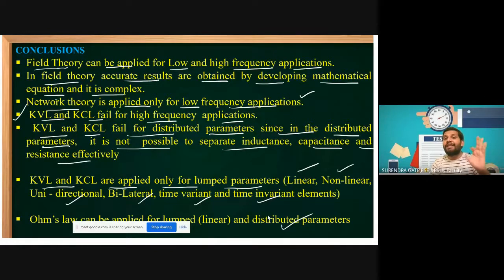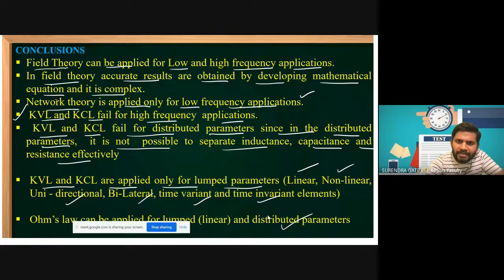Very important for theory questions. Even from the GATE point of view, theory point of view, it is important. Mainly for PSUs and ESE. PSUs in the sense, mainly electrical students, Genco, Transco point of view. Simple theory questions we may expect from this one. Understand? I think you got a clear idea where you can apply KCL, KVL, where you can apply the field theory, where you can apply Ohm's law.